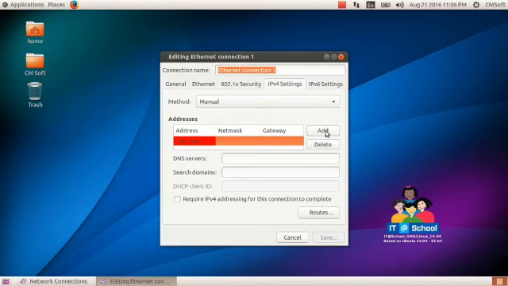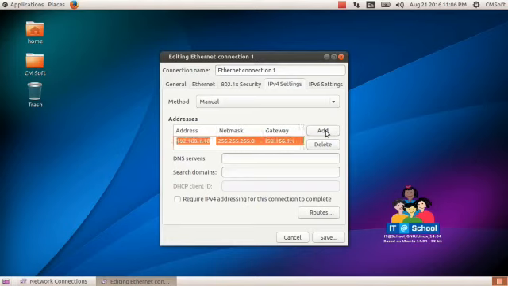The IPv4 address is 192.168.1.10. Then give the netmask address as in your textbook. The netmask address is 255.255.255.0. Then give the gateway address as in your textbook, 192.168.1.1.